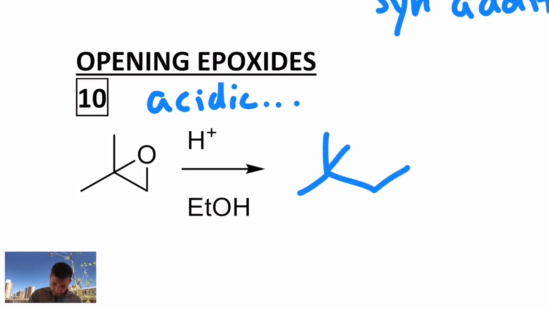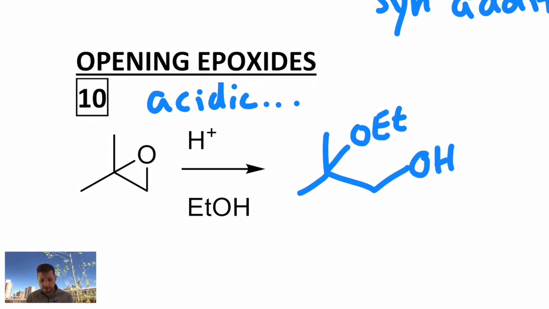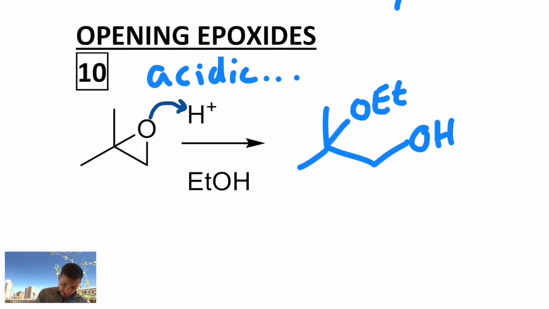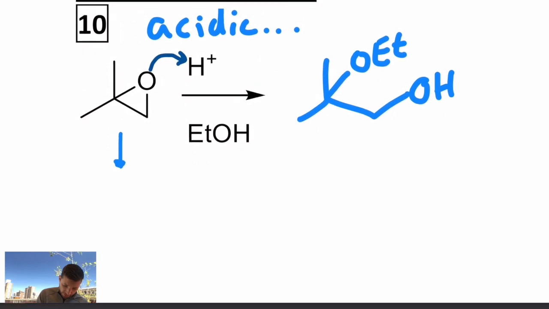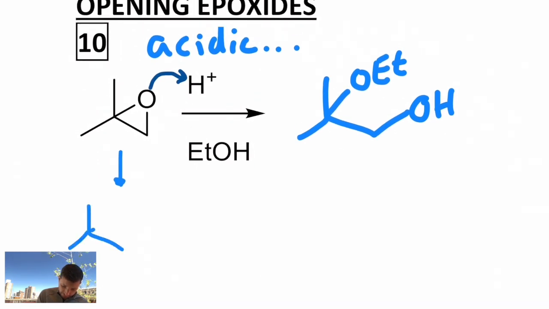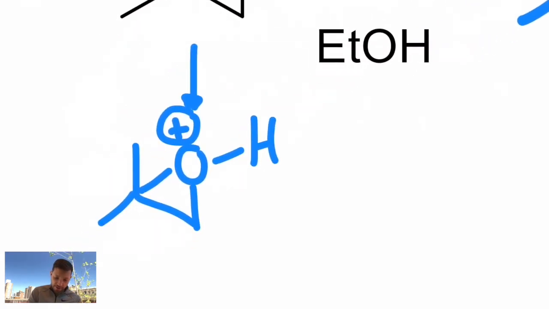Opened epoxide. I'll get an ether on one side and an alcohol on the other. So how did we get that? Well, the first step is simply protonation of the oxygen. That gives me what we call an oxonium, just a positively charged oxygen. And that should look reminiscent of things like the bromonium ion or the mercurium ion that we saw in the alkene unit. And indeed it is. It's this positively charged 3-membered ring. So it has the potential to open up, and the